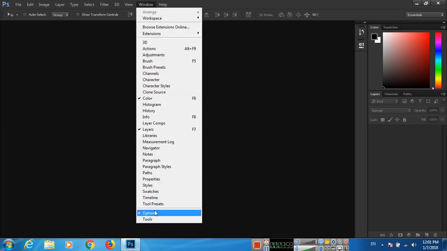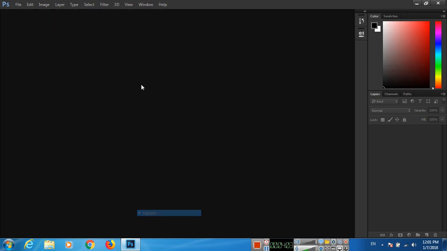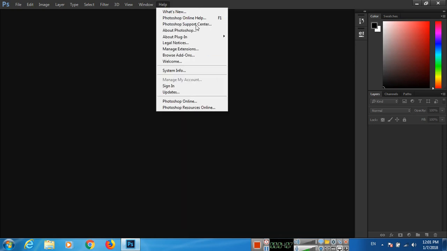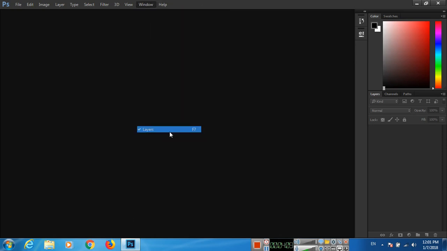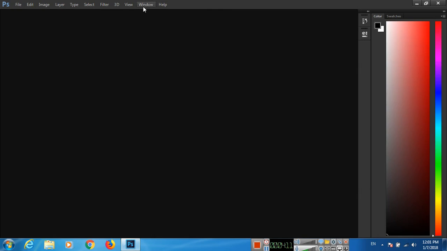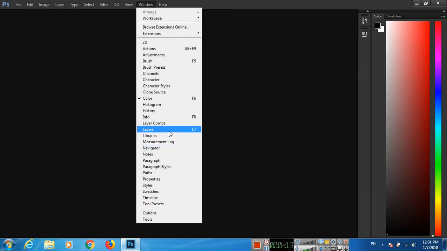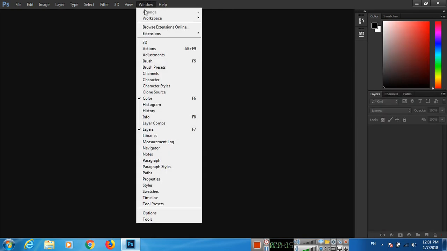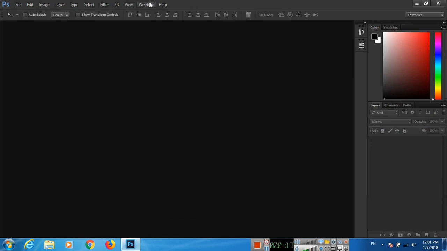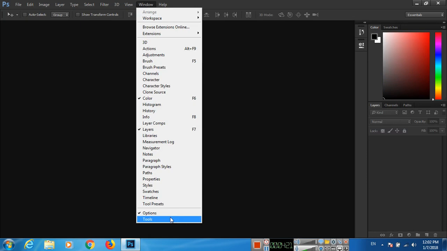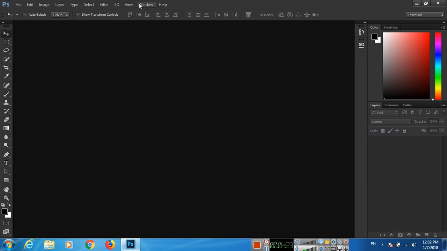And if I click on options, you can see the options just after the menu disappear. The same thing you can see on the right side with layers. If I click on layers, you can see layers also disappear. So if you want to show or hide panels, you can select from the Window option in the menu bar. Okay,